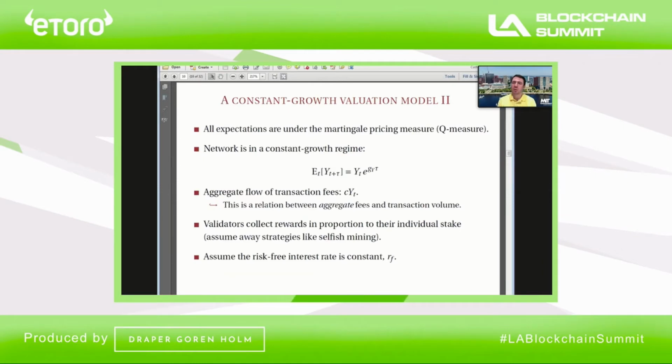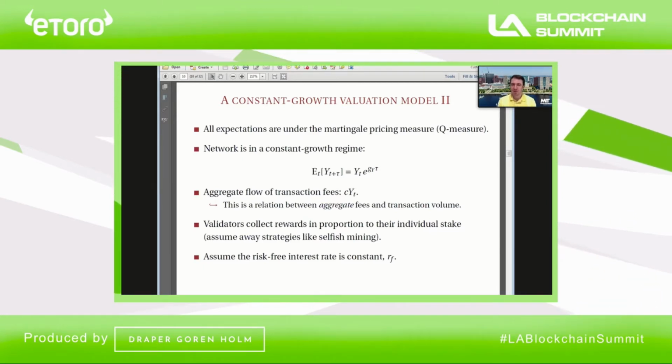Now, we are going to use a risk-neutral valuation approach. For those of you who are not in finance, this is a mathematical trick which transforms the problem and allows us to compute valid prices by discounting expected cash flows at the risk-free rate. The only twist is that these expectations are not under the actual probabilities, but under distorted or risk-adjusted probabilities. And so we're going to use this so-called martingale pricing measure, or Q measure, or risk-neutral measure, to discount cash flows. So we will assume that all the expectations here are under the martingale pricing measure,